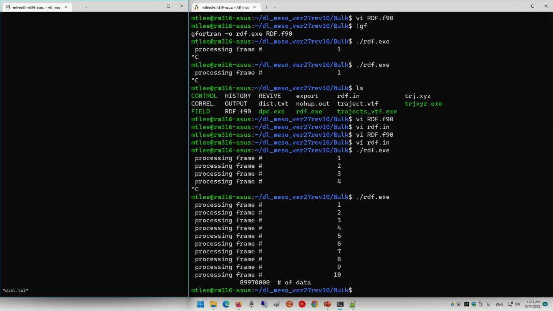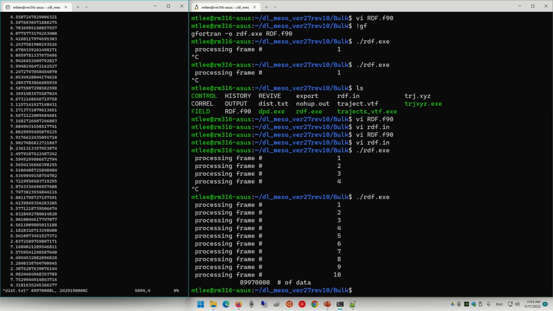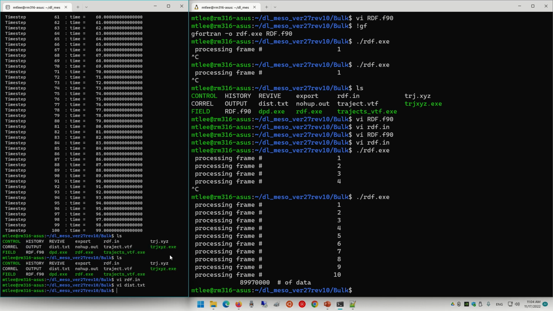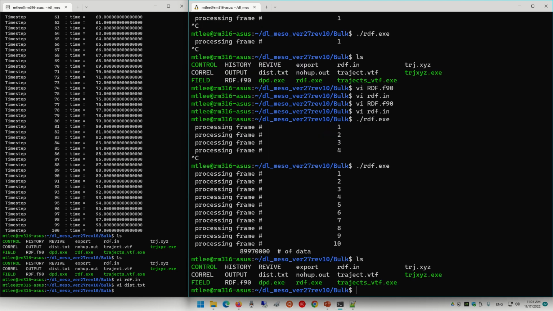Can I open this file? Okay, even opening it is very huge, all right? It's a huge amount of data we have. And since we already have this disk file, let's make things simpler by creating another program.